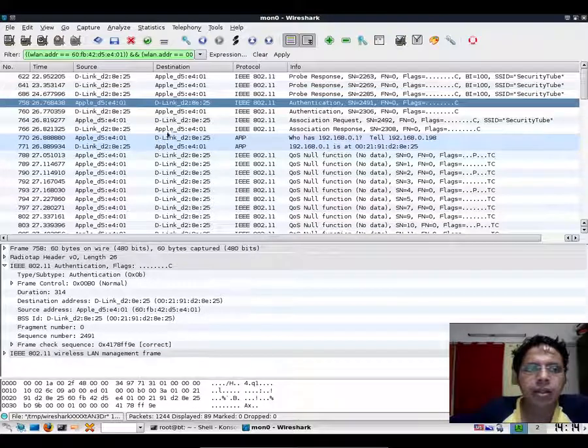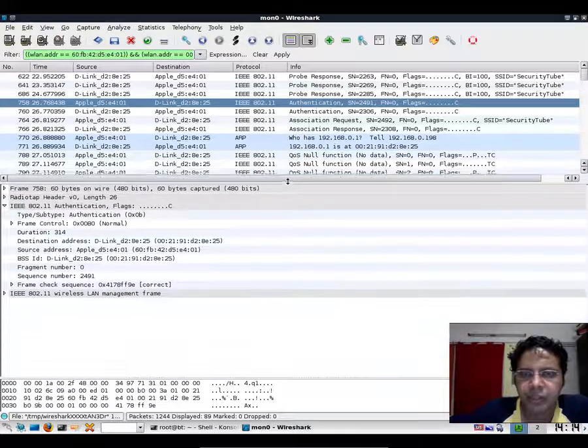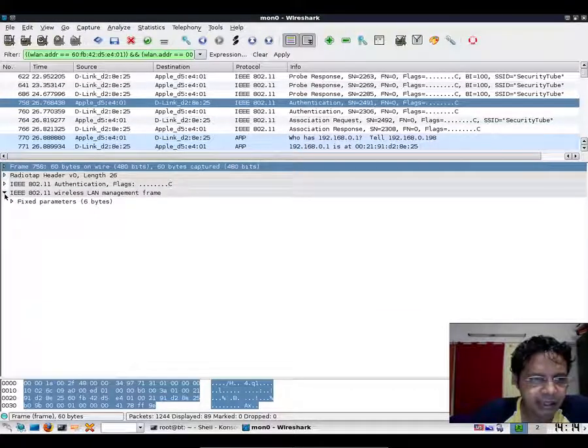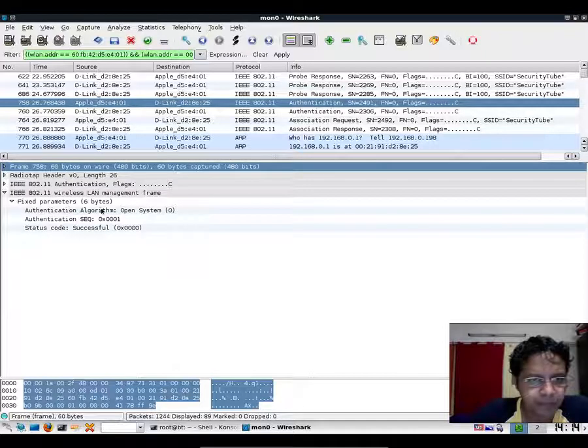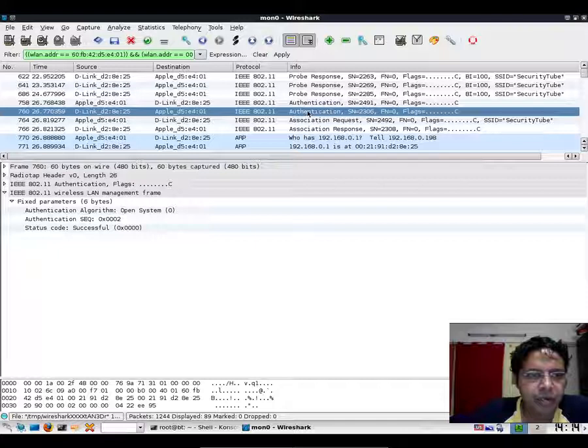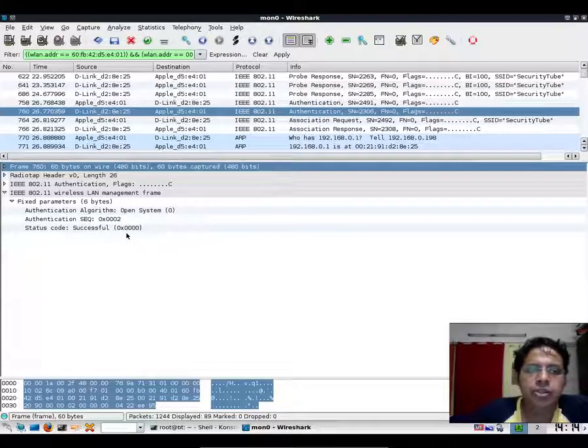Then if you notice, an authentication packet is going from the client to the access point. This, as you would know, is an authentication request packet, right? And we are using open authentication, which means there is actually no authentication, and the access point responds back with a successful code.